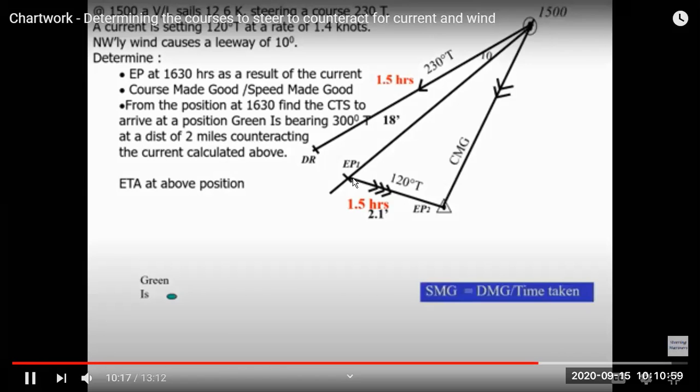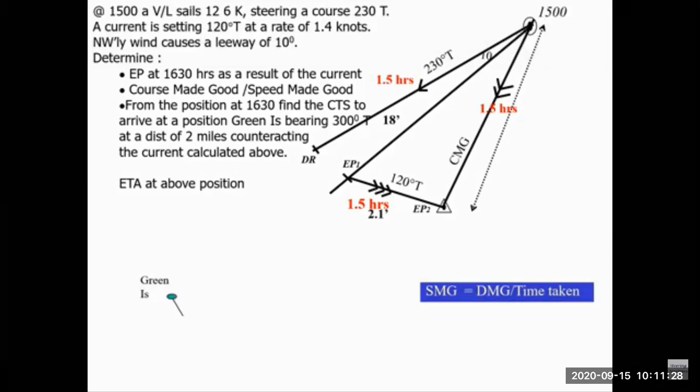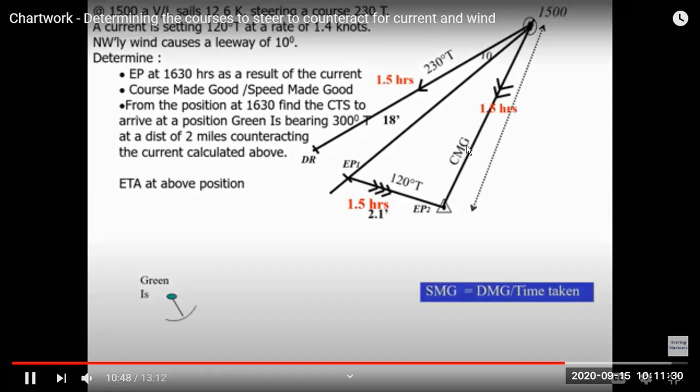Now if you measure this distance, this is your distance made good, and you divide it by 1.5, then you will get the speed made good, which is asked in the question. So speed made good and course made good always go together. The speed on which the ship is moving on the course made good is your speed made good, and distance made good is the distance of your triangle part of your course made good vector. So most people get confused in the exam or forget. So make sure course made good goes with speed made good and distance made good. Course to steer and leeway track is with engine speed.